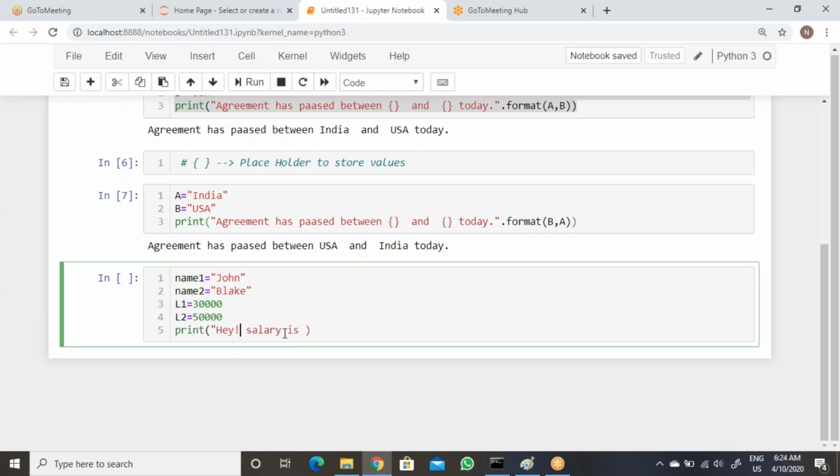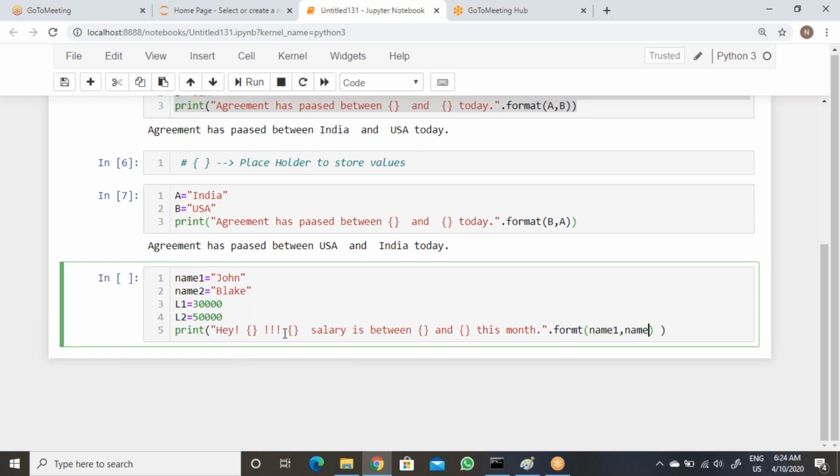So here, instead of directly giving name 2, we can pass the keyword directly. So you can say hey, then pass like this, salary is between, then and, this month. Let's see now what I'm trying to do.